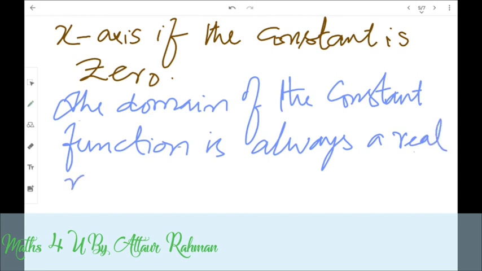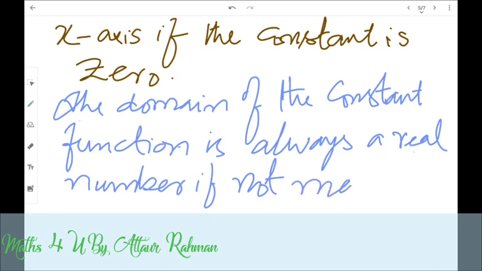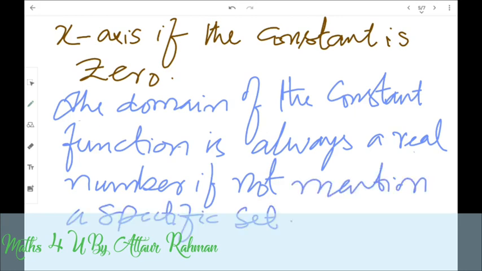Now, what will be the range of this constant function then? This is another question. How to find the range of the constant function? Keep in mind the range of a constant function is always a singleton set, and it always consists of that specific constant to which all the pre-images are connected. Dear learner, we have up to now learned what is a constant function, its domain, range, and its different ways to draw its graph.